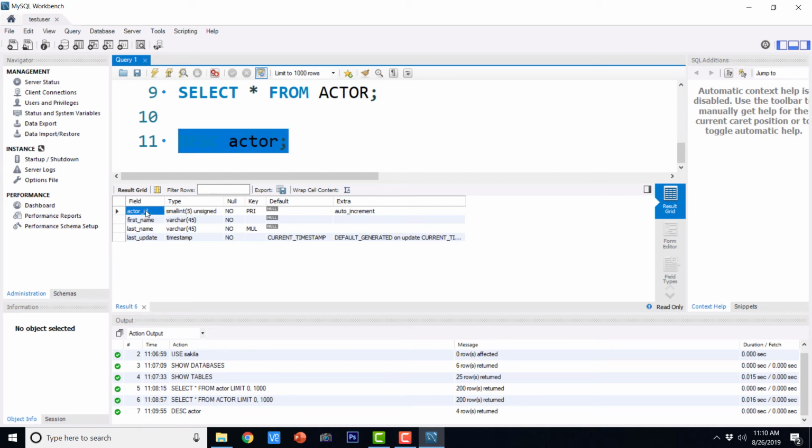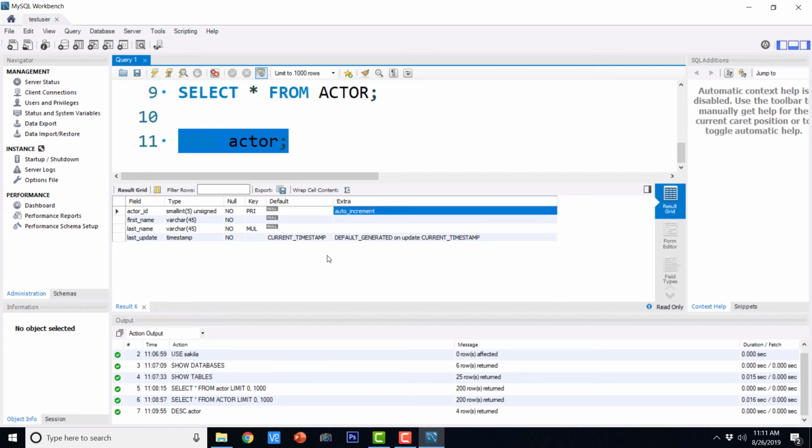So here we can see the name of the field, the data type, the nullability, if it is a key, and the default value in that particular column, and any extra description. If anything is a key value, usually it is auto increment. So whenever you try to insert a new row, and if you don't provide any value for that particular field, it is going to automatically add an increased value. That is something known as auto increment.